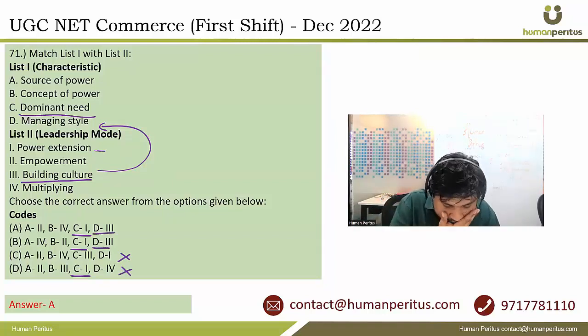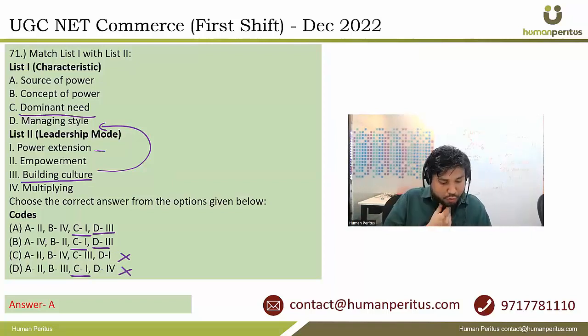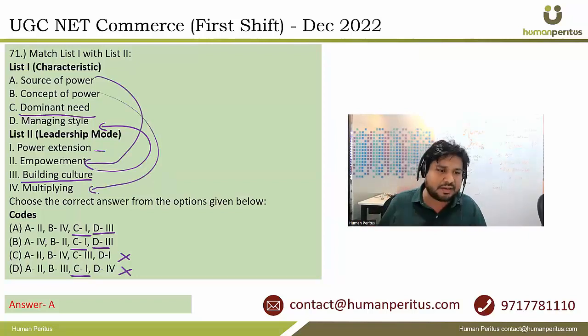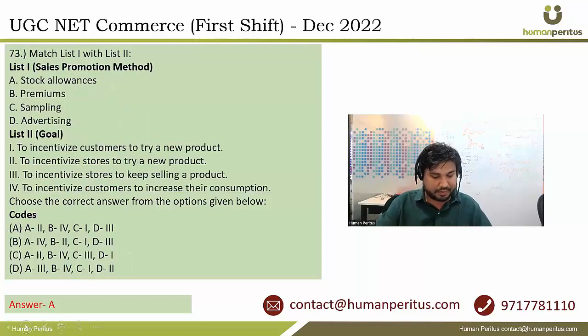ठीक है, अब ए और बी में से चॉइस डिसाइड करनी थी। तो सोर्स ऑफ पावर, कॉन्सेप्ट ऑफ पावर, ठीक है, तो सोर्स ऑफ पावर को एम्पावरमेंट से जोड़ दिया आंसर के हिसाब से, और कॉन्सेप्ट ऑफ पावर को मल्टीप्लाइंग से जोड़ दिया, इन वेरी जेनरिक, और इसका सही आंसर हो जाएगा ऑप्शन ए। ठीक है, आगे बढ़ते हैं।